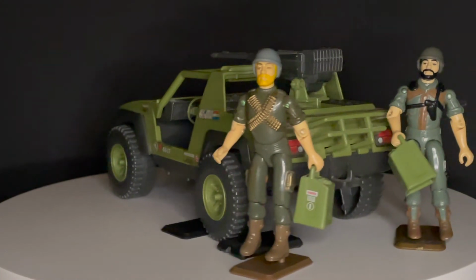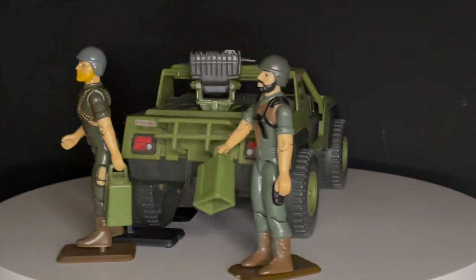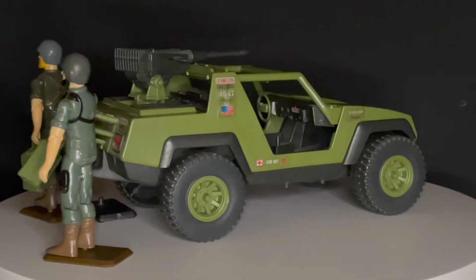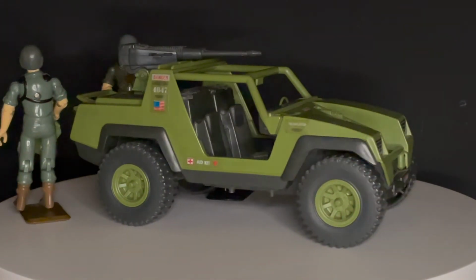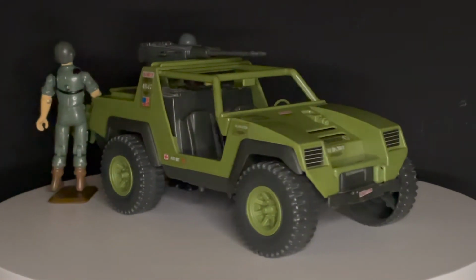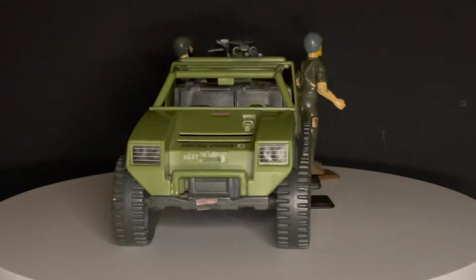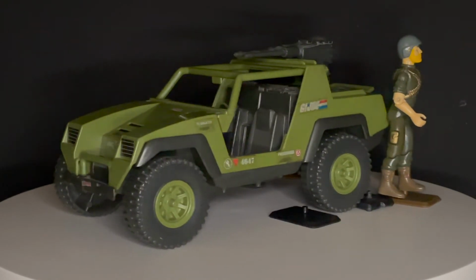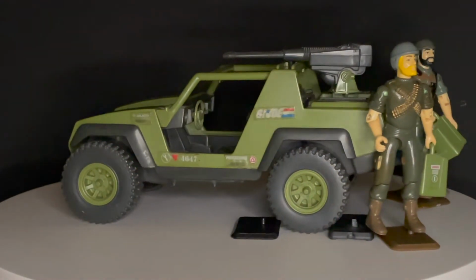When you have the toy in hand, it's like I said, I love G.I. Joe vehicles because they're like snap type model kits, which is perfect for a younger kid. Anyway, you have a wonderfully detailed gray dash and that green steering wheel. You have a shifter lever in the center console. There's little nods of details here and there, and it's wonderful in the seat. You have like a little radio or phone device in between the driver and passenger seat, and you have some